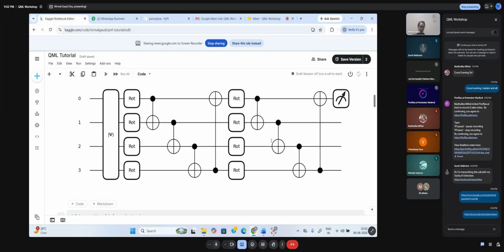Like this. So we have the bits: first bit, second bit, third bit, fourth bit, or let's say 0 bit, 1 bit, 2 bit, 3 bit. We are going to convert them into quantum bits, qubits, and then we apply a rotation. The rotation is your function, or you can take the Hadamard function, or the rotation function. This will create superposition, and you can add layers. For example, this is a circuit: we have layer number 1, layer number 2, and here is the output, which you can measure later on.